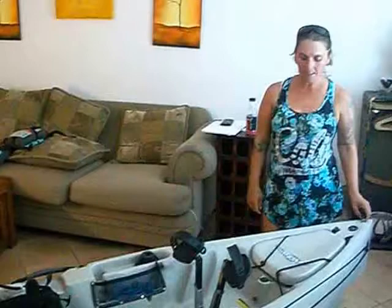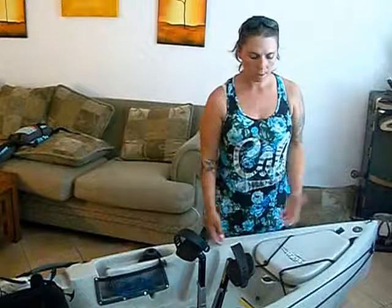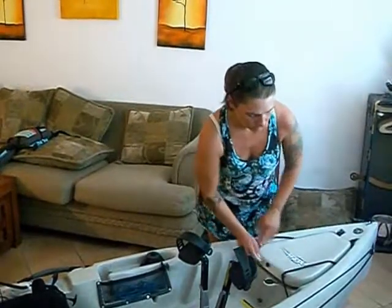This is about a 9.5 foot kayak. I got it in the dune color, which is, I guess, pretty popular. If I was going to do it again, I'd probably go something a little brighter just so people could see me on the water. It does have some cool stuff, though. The front of the kayak has this little stowage hatch,